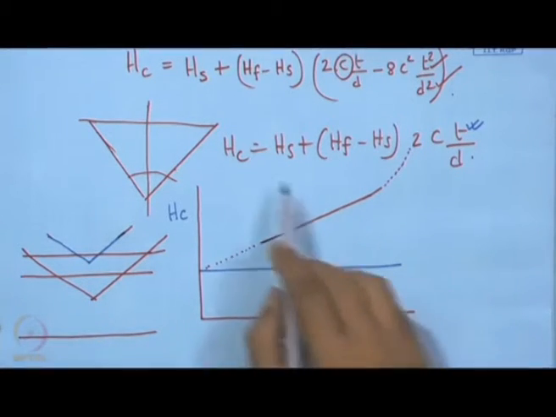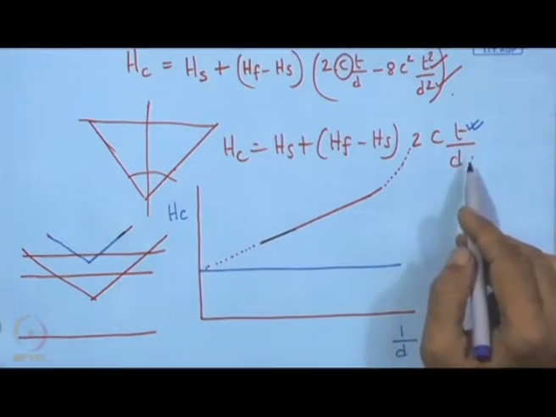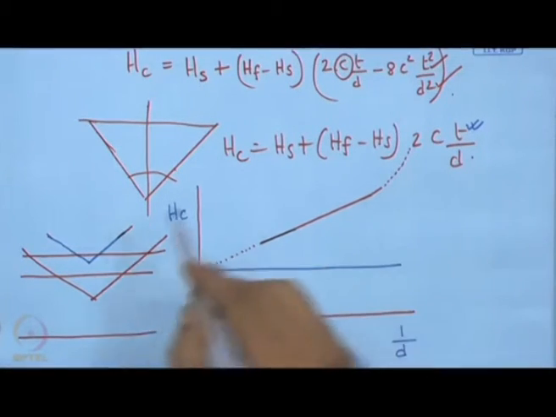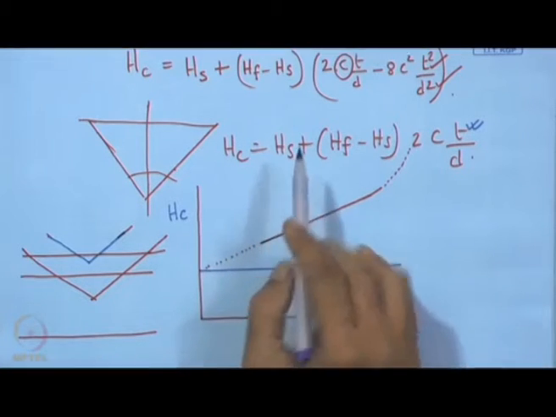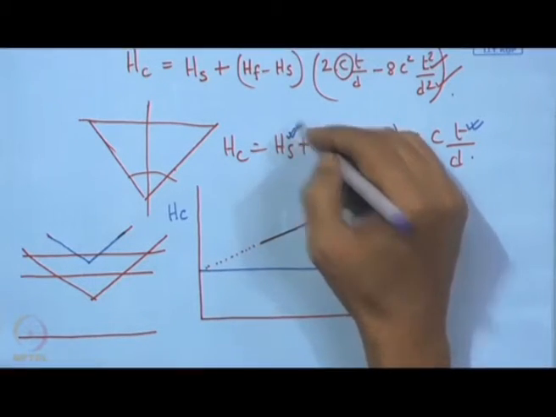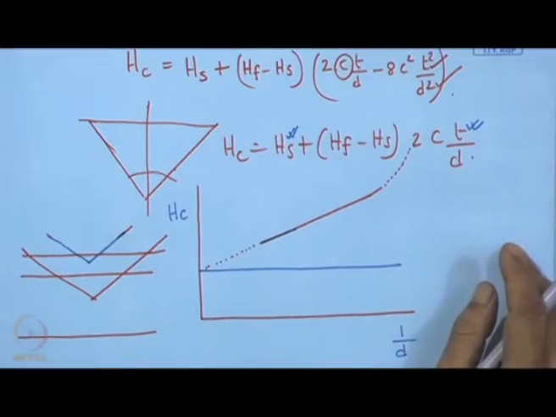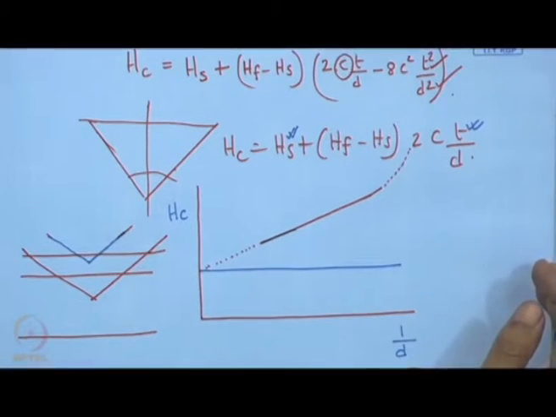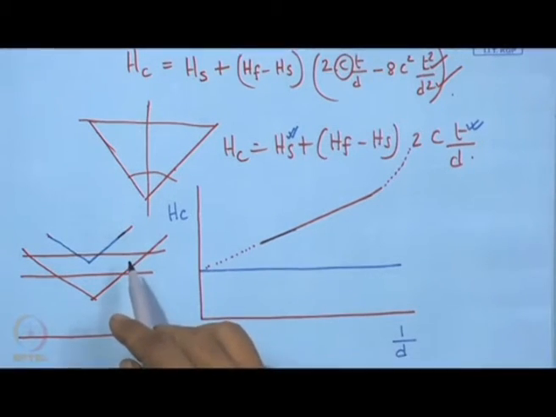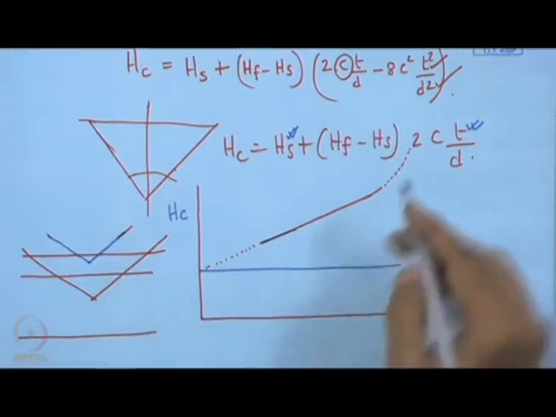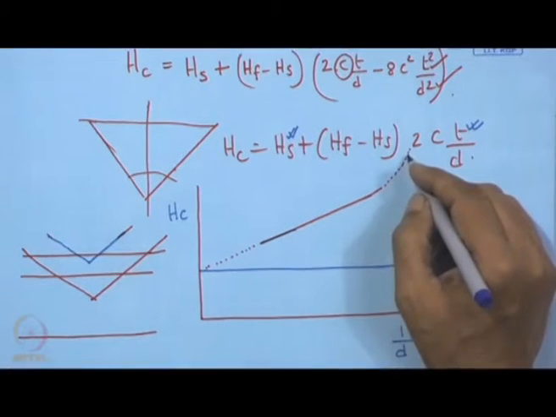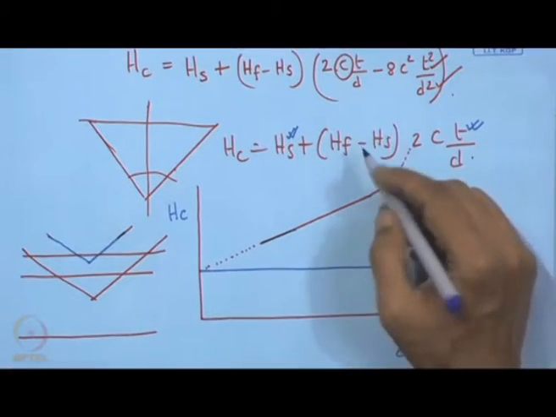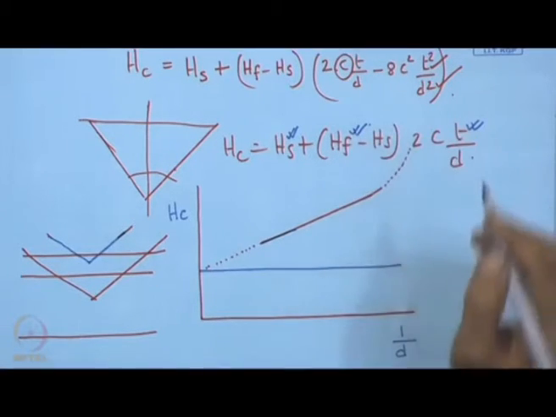So, in that case, what we find here is that this d is quite high, and the contribution of this Hs to the composite hardness is going to be quite low, and in that case the composite hardness will show